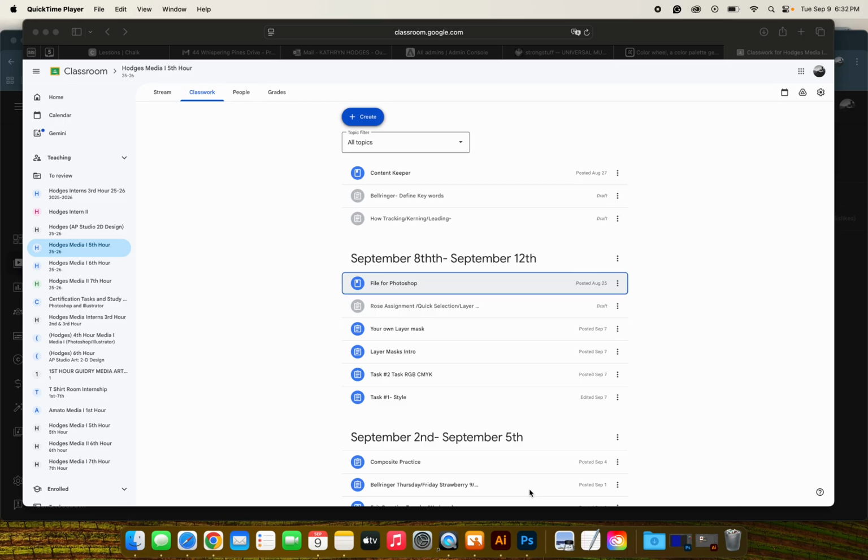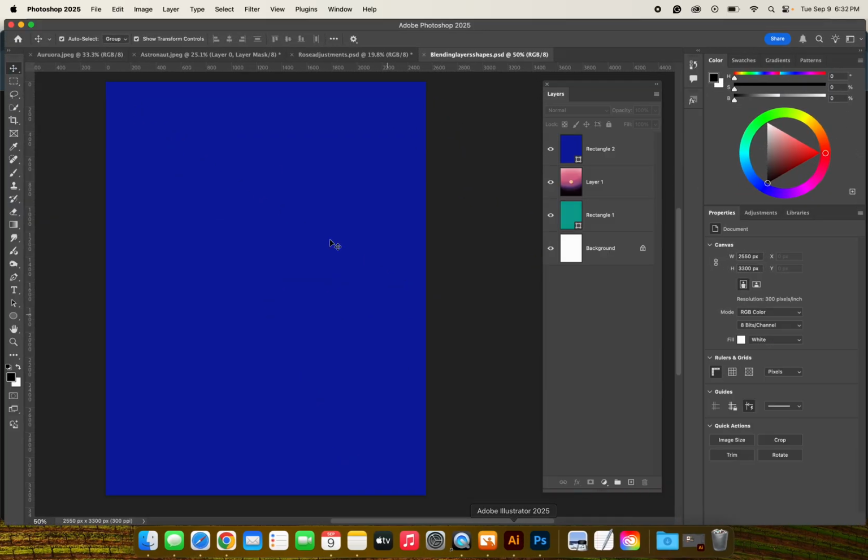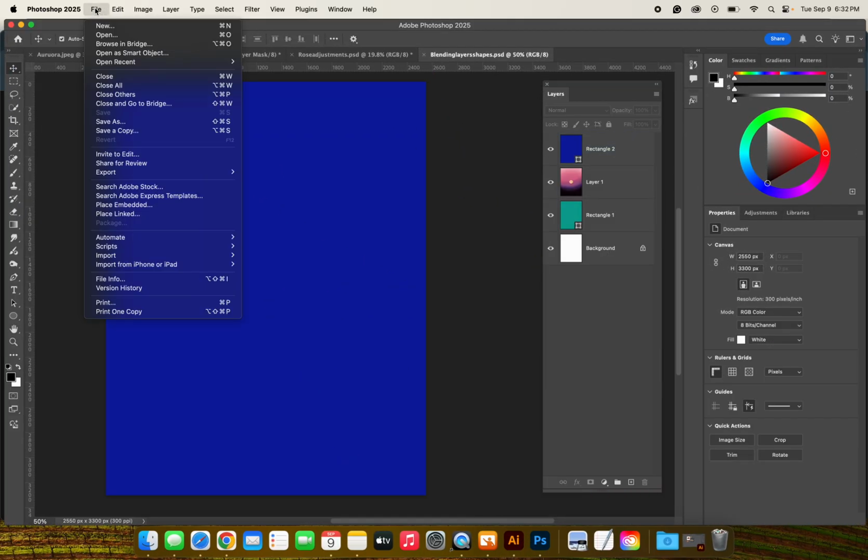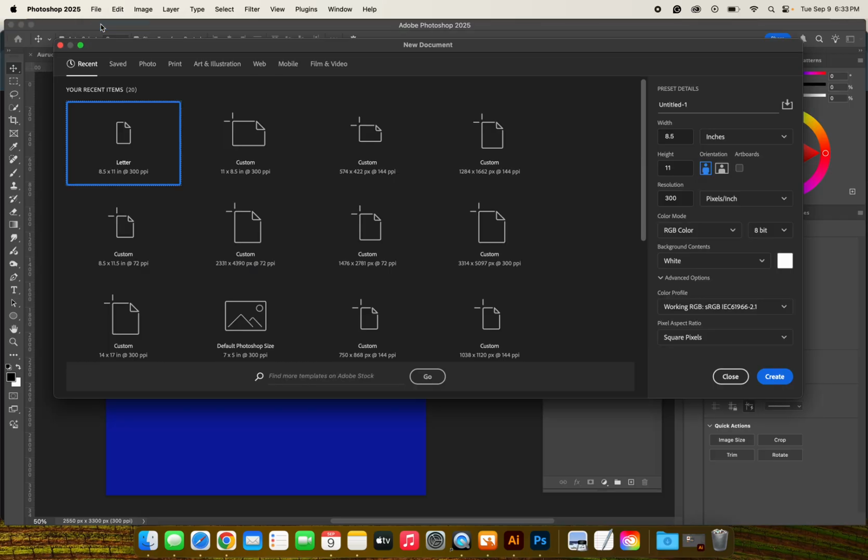Okay, for the next assignment, we are going to do just a mini assignment in Photoshop to get you used to the program. So after you've uploaded everything you need to in Google Classroom, I want you to go to Photoshop. I want you to go to File and New,